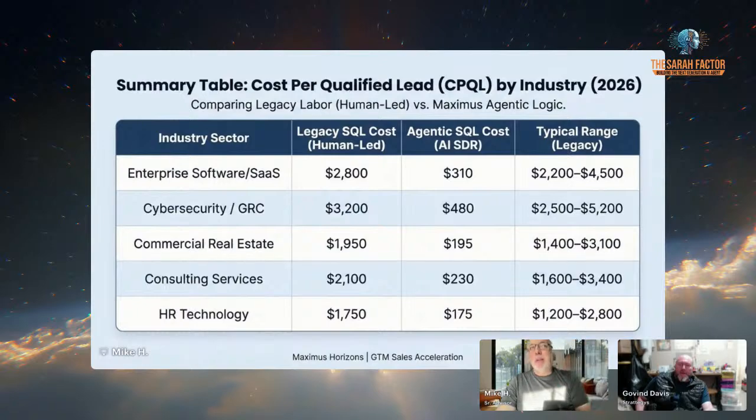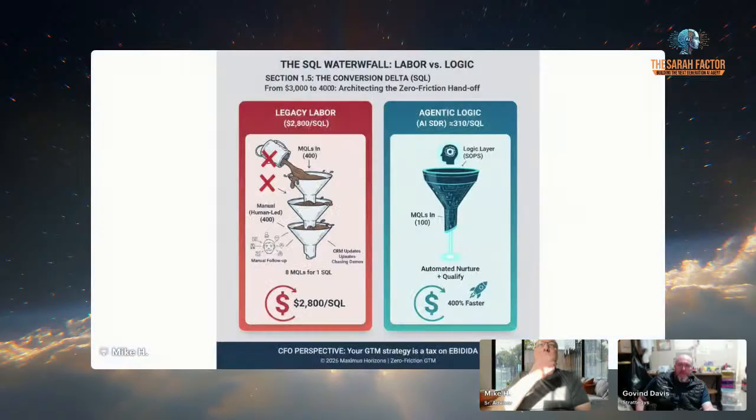And some of what you're doing with your offering, your website, what you showed me, are kind of like point solutions. Maybe it's worthwhile to do that with AI. So that gives you a different idea. That's more for not the MQL, but the SQL. The SQL is $2,800 for labor at a legacy level, all human. If you go in with all AI, then you're going to drive it down closer to $310, for example.